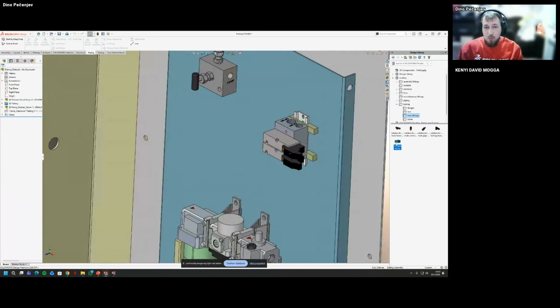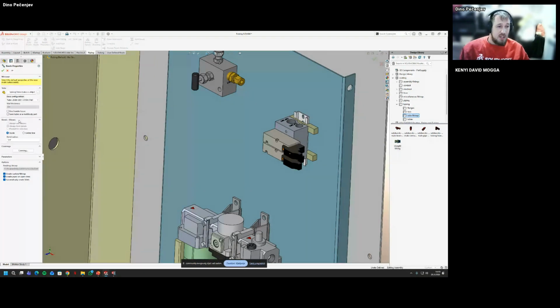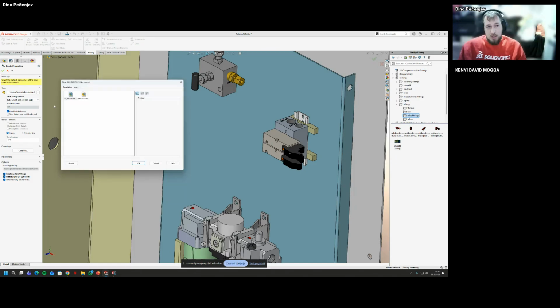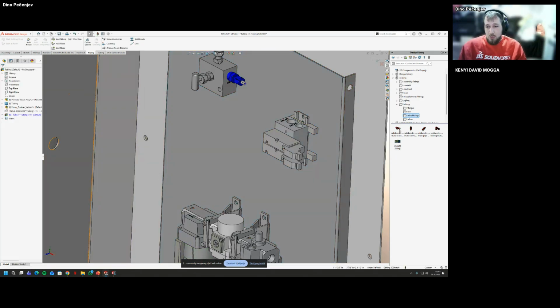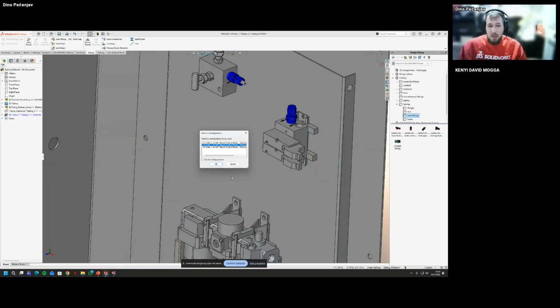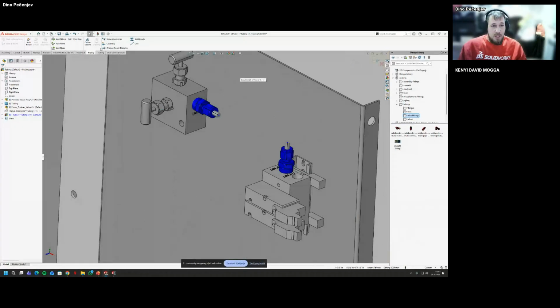So let's say we want flexible routing first. I can check which one I need, and here is the important bit of information. If we need to create a flexible route, we need to turn this part on, use flexible hoses. If we need multi-body parts, we can do it, but we're just going to keep it as one. And we're going to start the route. Use the same information, and I got my connectors.